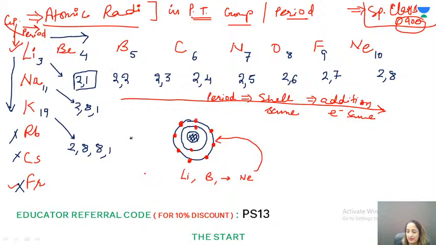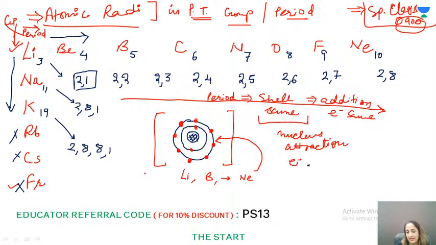ठीक है, तो इससे क्या हुआ? From here what we will learn, like in a period the shell is not increasing, the shell is staying the same. Okay, and the nucleus is attracting the electrons present in the same shell, right? So इससे क्या होगा कि as we are moving from lithium to neon,